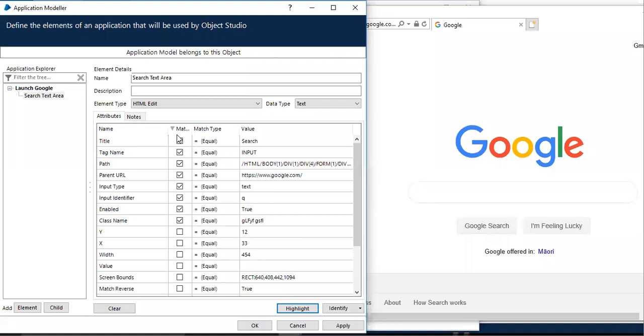There might be some cases where you need to adjust the parameter. You don't have any hard and fast rule for adjusting the parameter. Just make sure that if any one of the parameters is changing dynamically every time the page opens, make that unchecked so that it will not have any issues the next time it tries to open, because it cannot have the same attributes as in the previous session. If it loads a new session with different attributes, there is a high chance of error with the spying. So make sure that the attributes or the section which you spied have static content, even if you open it any number of times in the browser or even in other applications.